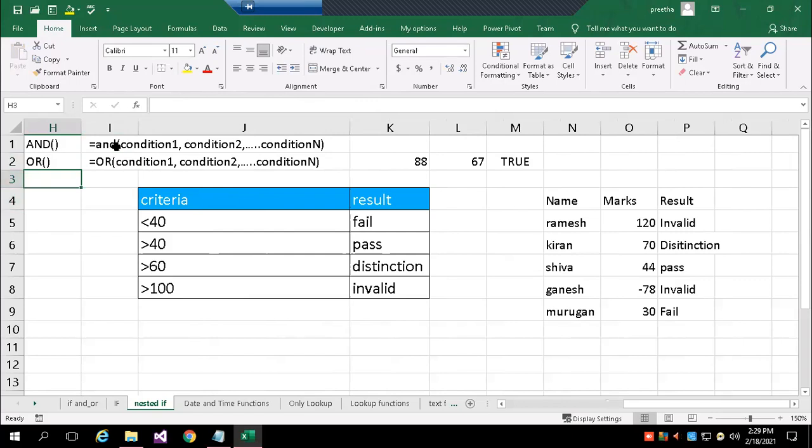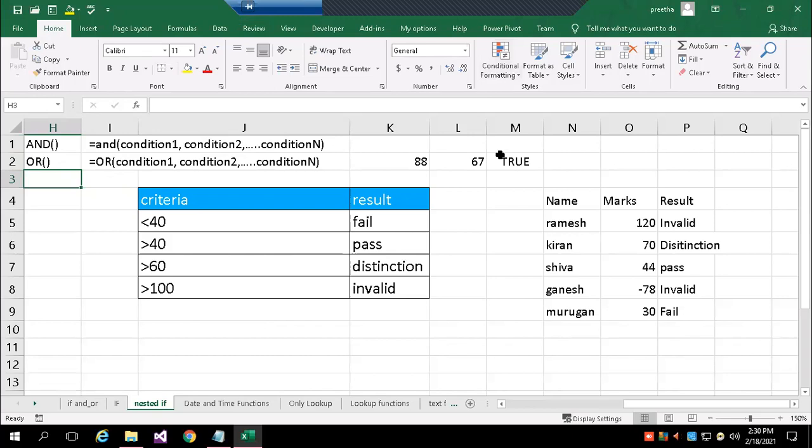To check more than one condition, n number of conditions, you can use AND or OR. When should I use AND? When all the conditions we mention should be satisfied, and based on that I take action, then use AND. OR means I give multiple choices, and if any one among them is true, I should carry out the action, then you can use OR.